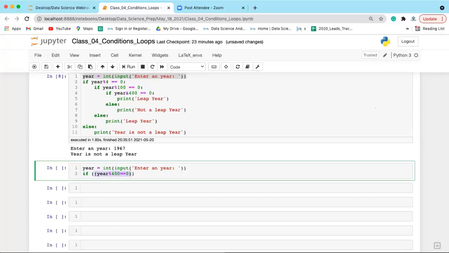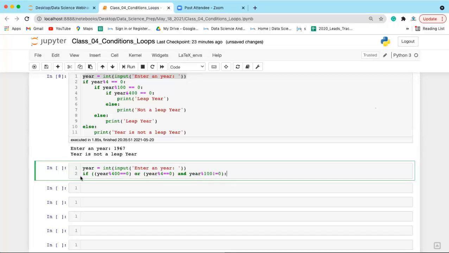I will write or here, and I'll also check year % 4 equals 0, and year % 100 is not equal to 0.